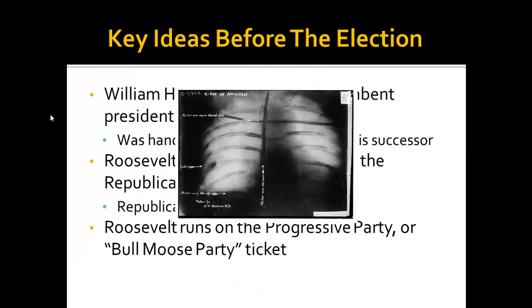All right, so Roosevelt forms his own political party, the Progressive Party or the Bull Moose Party, and he runs for president. You might be wondering to yourself, why is there an X-ray here? Well, Roosevelt, while he was giving a speech in Wisconsin, was shot in the chest and the bullet went through his notes in his chest pocket as well as his glasses case, and then it was lodged in his chest. And he went on and gave the speech about 90 minutes later. He's bleeding, he's coughing, he's like, hey guys, I just got shot, but I'm going to give you a little speech anyway. Pretty impressive.